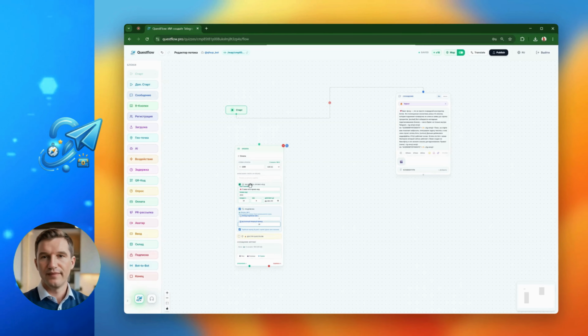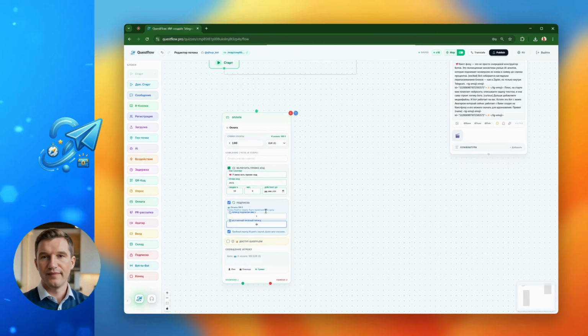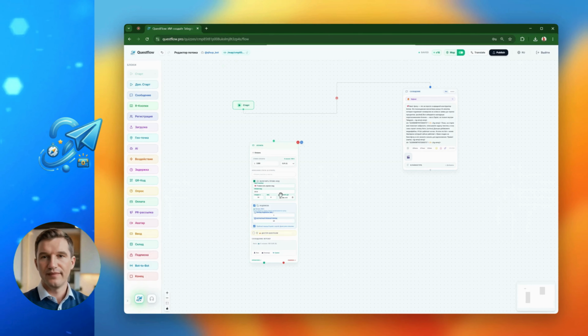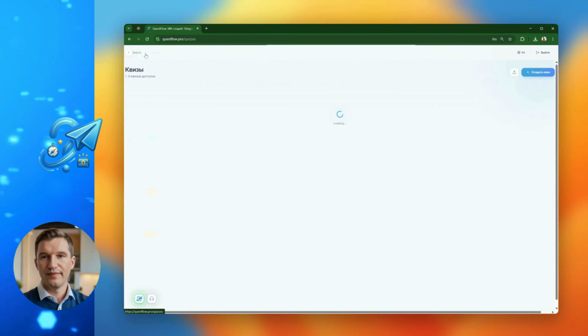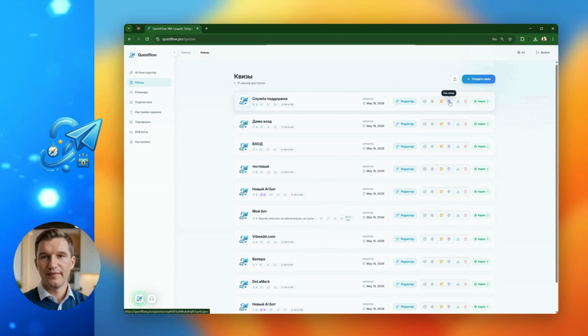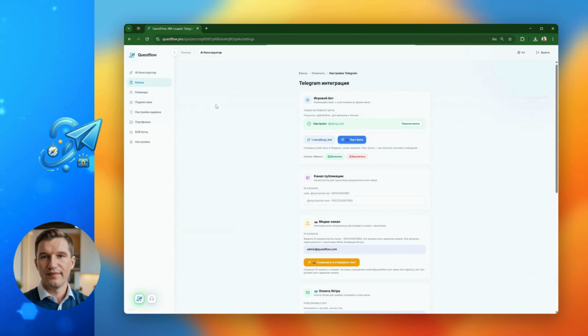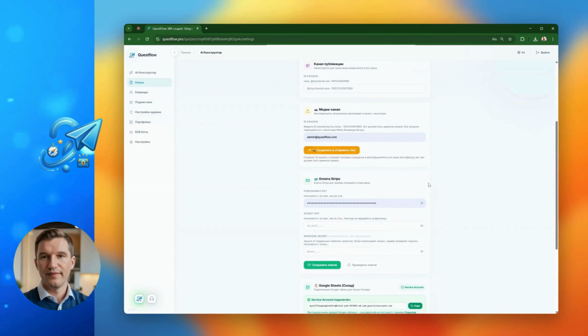To make all this financial magic work, the payment block needs to be connected to a reliable payment gateway. This is done in just a couple of clicks. Go to your bot's individual settings, find the Stripe integration section, and simply paste the two keys you get from